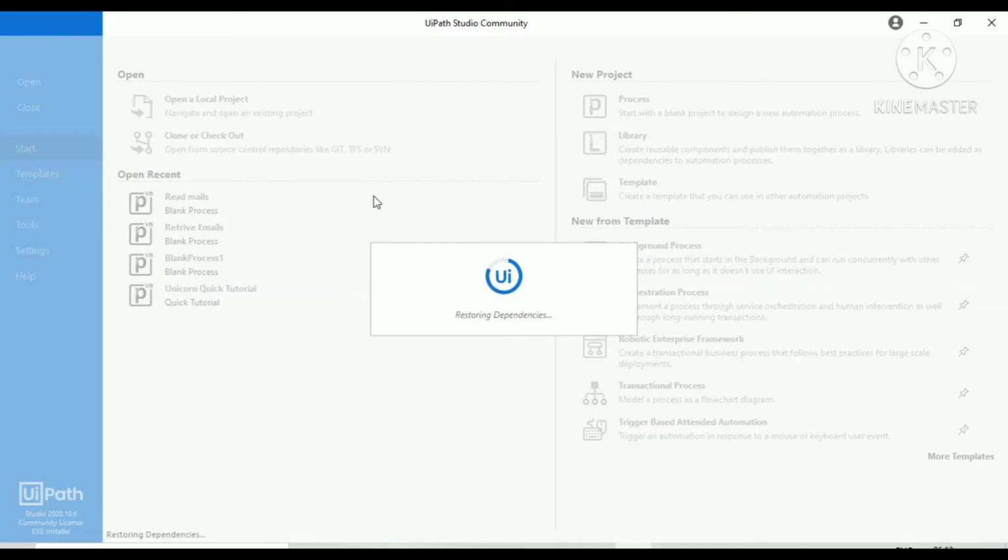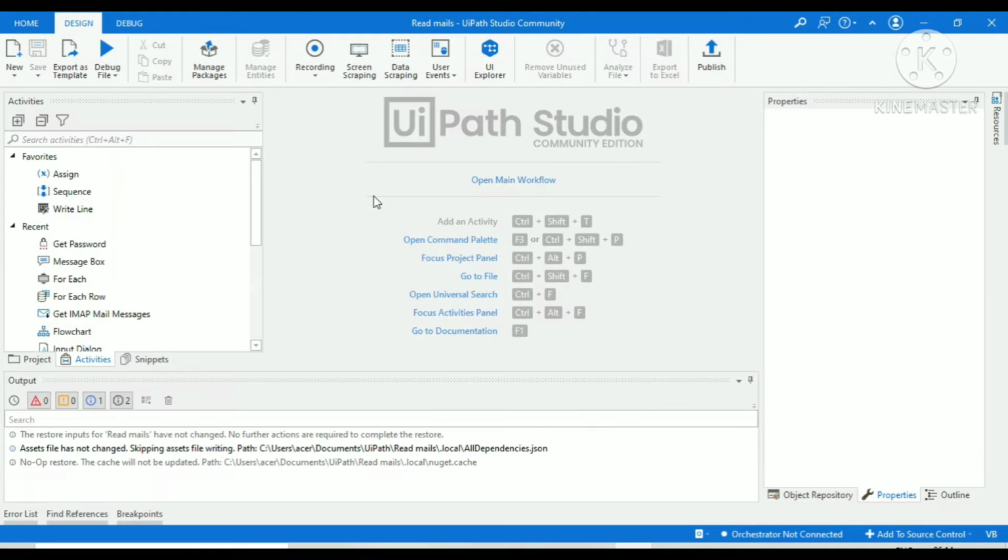It's opening, and it's taking time due to the internet connection, so wait some minutes. Now it's opened.